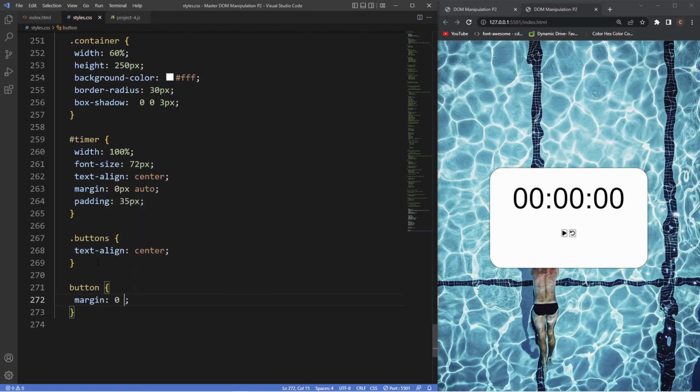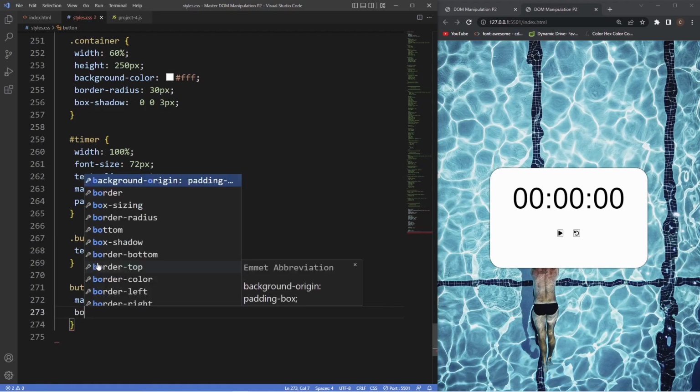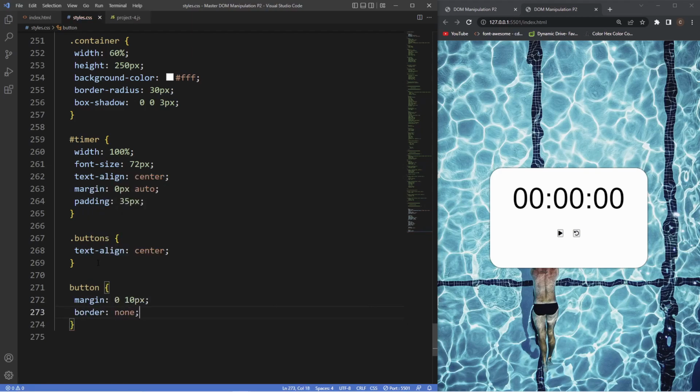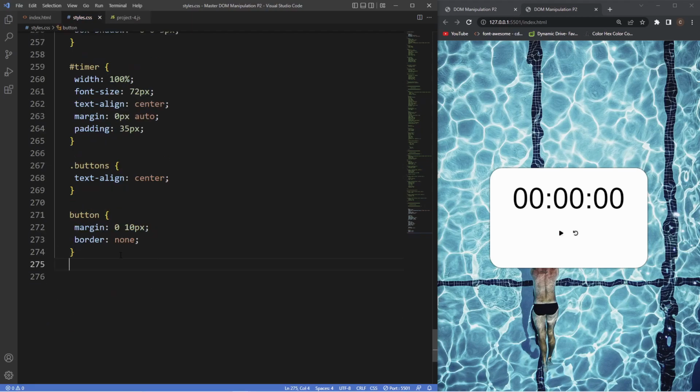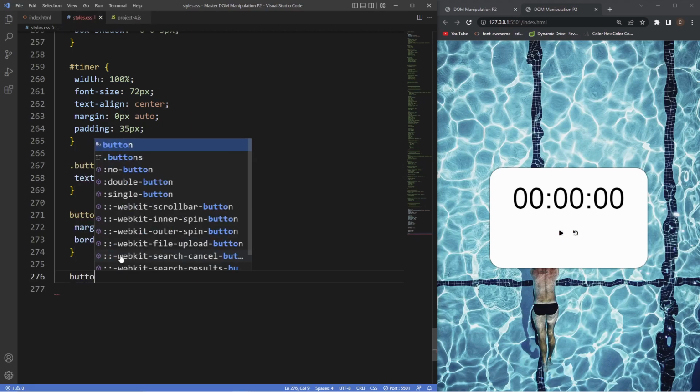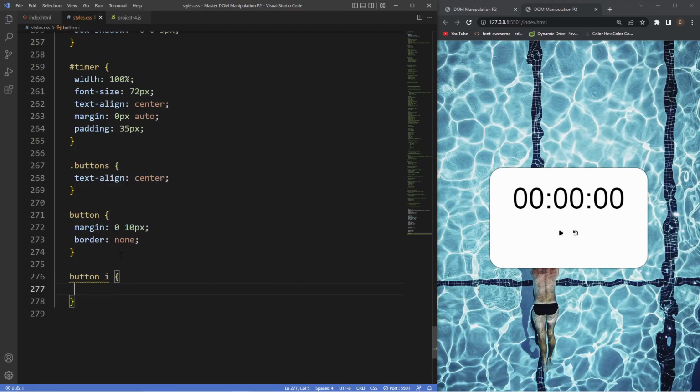So let's say 0 on the top and bottom, about 10 pixels on the left and right, give them that space. Let's also remove the border, both of them,